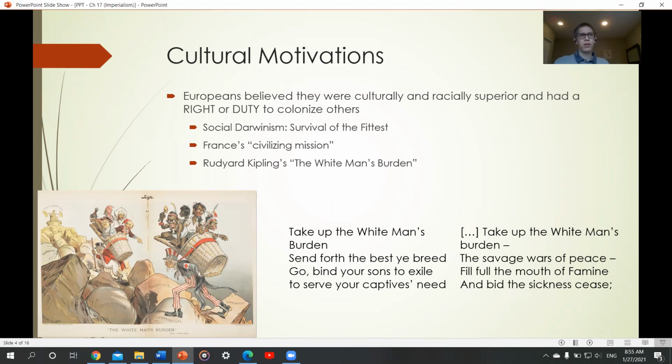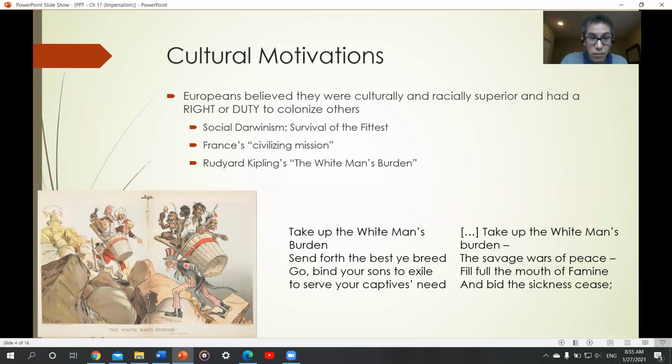Now, a burden is oftentimes something you carry on your shoulders. If you have a younger sibling, you might sometimes say that your younger siblings are a burden to you because you have to babysit them or something. And so this is a great cartoon of this. A white man, I suppose this is an American, this is an Englishman, carrying